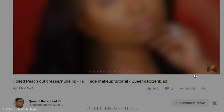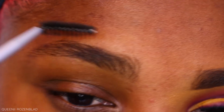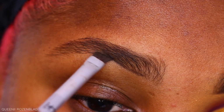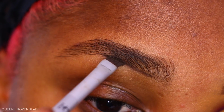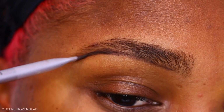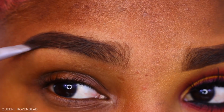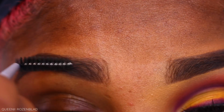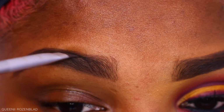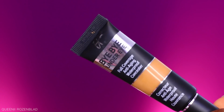Hey guys, so to start off, I'm using my LA Girl Brow Pomade in the shade Soft Black. It's basically a very, very dark brown shade, close to black, but not really black, but it matches perfectly with dark or black hair. Okay, so I'm using an angled brush to apply it. This is an It Cosmetics brow brush with an angled side, easy to use. But you can get a brow spoolie from an old mascara wand and just use an angled brush